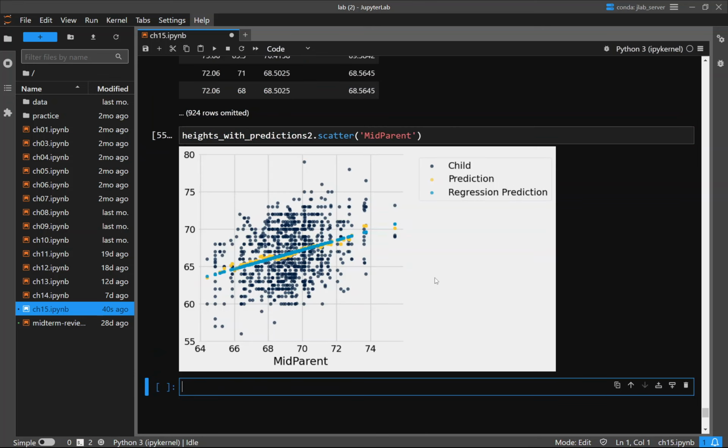So, all right, here are all the values in our data set, at least, of midparent height and height of child, and the yellow ones were our nearest neighbor predictions. Like for this value, 66 inches for midparent, we found all the parents that were around that height. We took the average child height and calculated that one. But for regression, we calculated one line that was the best one that ran through all the data points. And so it's going to look a little bit different, but it's also a perfect line as well. That's the blue stuff. And you can see that it's very close to what the nearest neighbor prediction was doing,